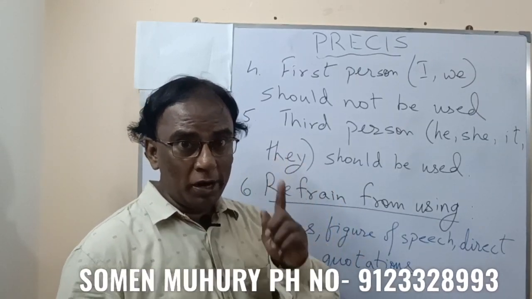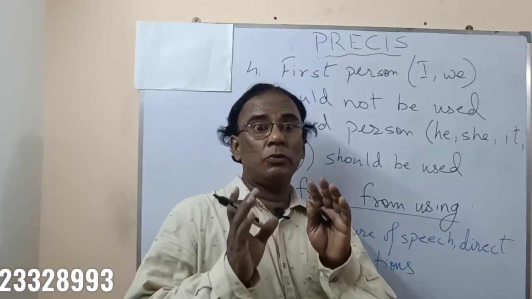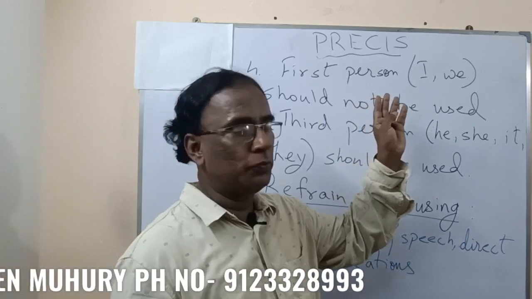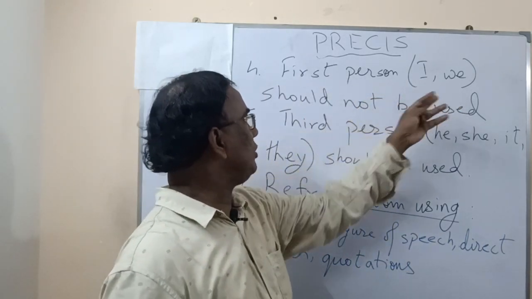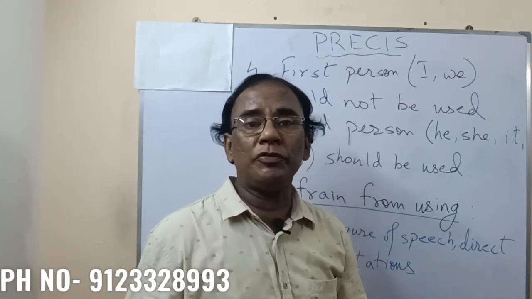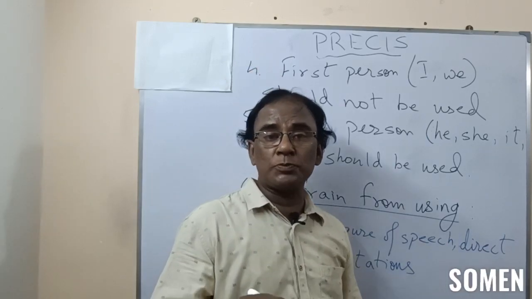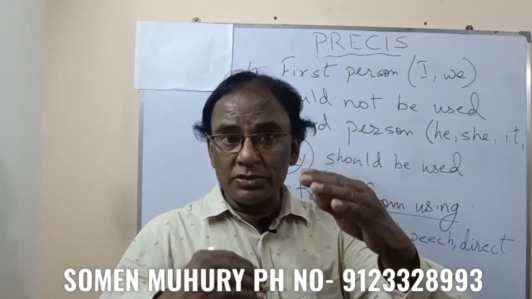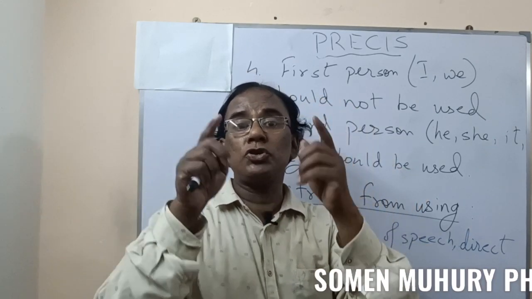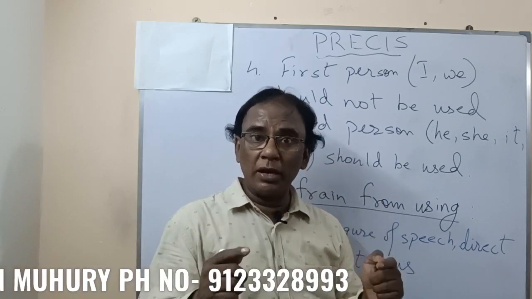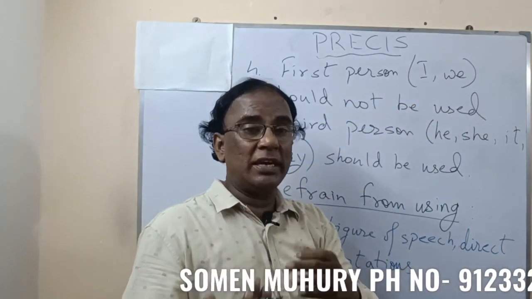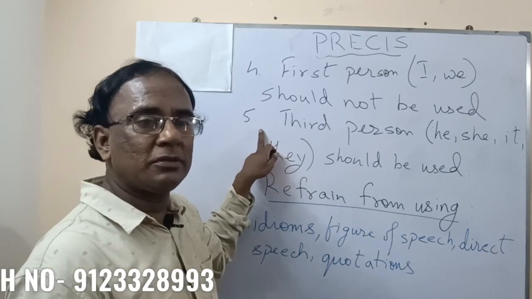Dear students, the point that we'll discuss now is very important, because we tend to forget this particular rule. Now see what is written on the board for you. Rule number 4, first person I or we should not be used. You might well ask me why? Why cannot we use I or we? You cannot use these pronouns because you have to remember that the words written in the passage are the thoughts and feelings of the writer himself. They are not your thoughts, they are not my thoughts. Okay? So, whenever you see I written or we written, you have to say he or she, just as in the 5th rule.